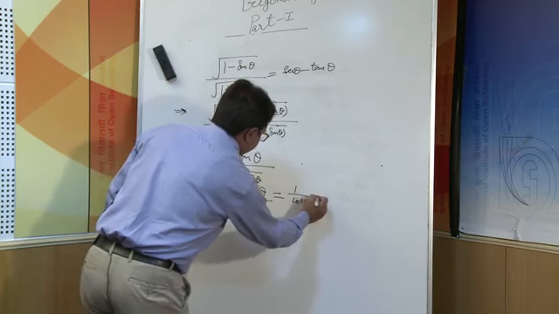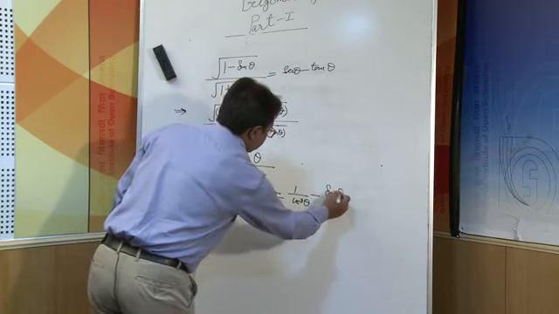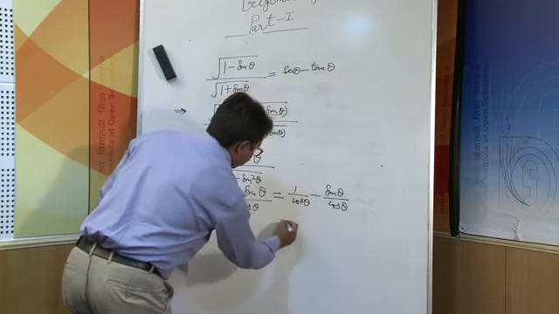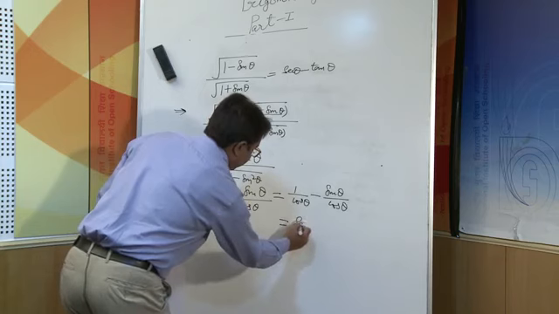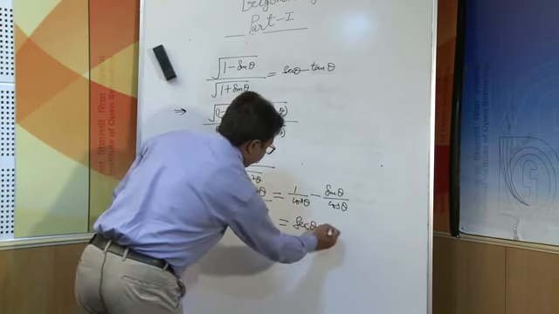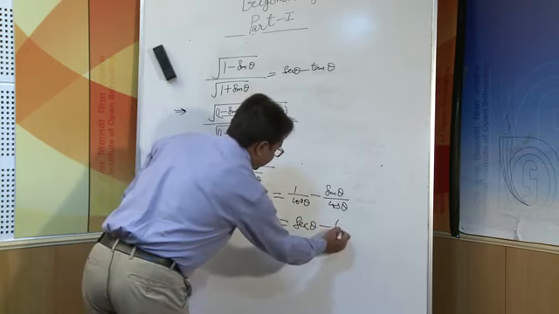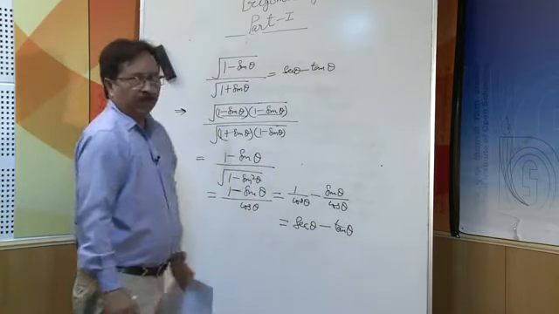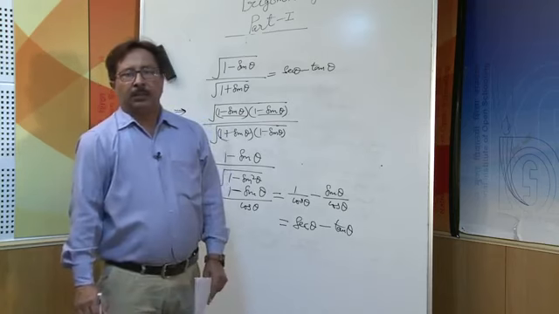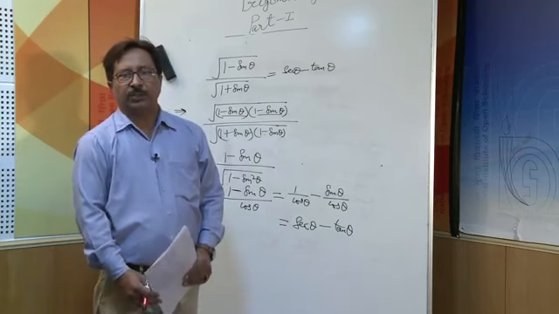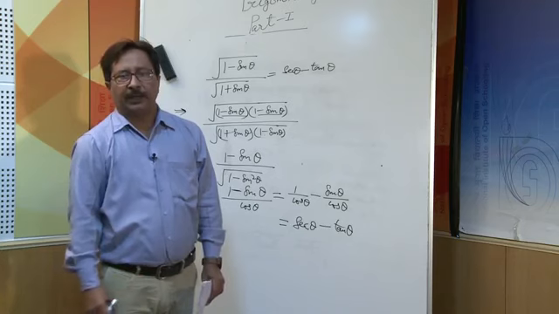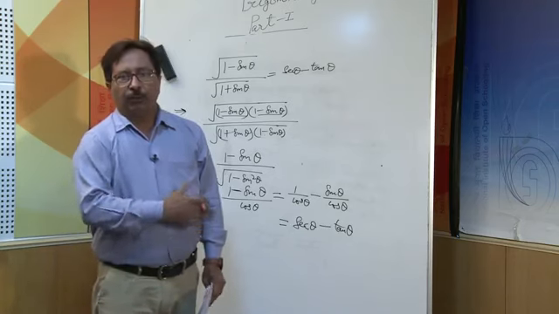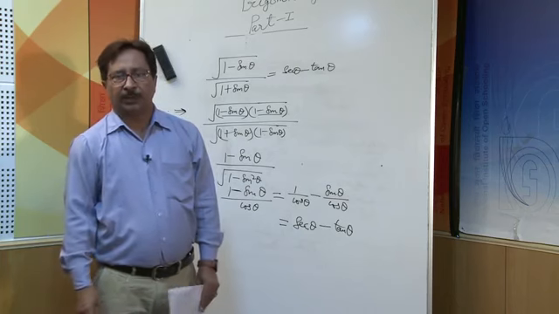When we divide it separately, this is 1 upon cos theta minus sin theta upon cos theta. We know 1 upon cos theta is sec theta and sin theta upon cos theta is tan theta. So, in this way we can use these trigonometric ratios and these trigonometric identities to simplify and in proving of different types of trigonometric results.